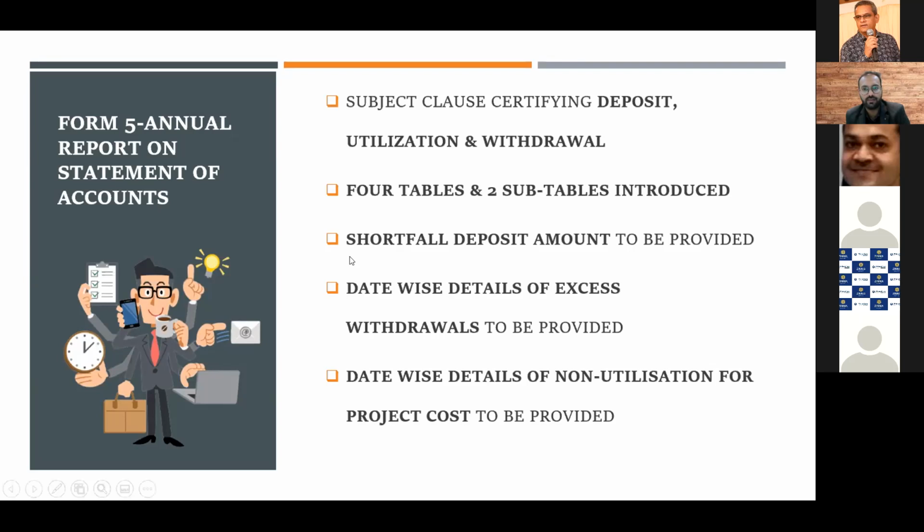Ashwin sir, you want to say anything? No. So again, see, the only parameter to be seen is what is the cost incurred and what is the 70% of the amount realized from the allottee. If the cost incurred is higher than the 70% of the amount realized from the allottee, then all these things, diversion, will not come into the picture.